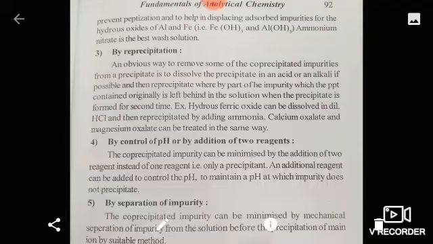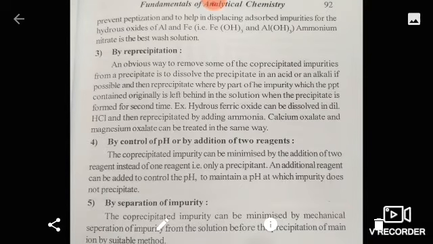So the impurities which get occluded or incorporated in the precipitate of ferric trihydroxide and aluminum trihydroxide are eliminated by washing with ammonium nitrate, which is the best washing solution. Then a third method used for removing co-precipitated impurities,